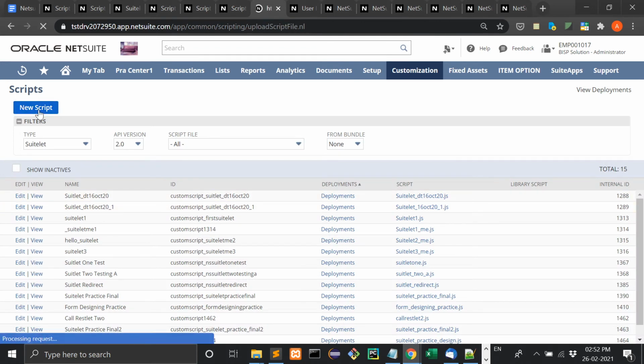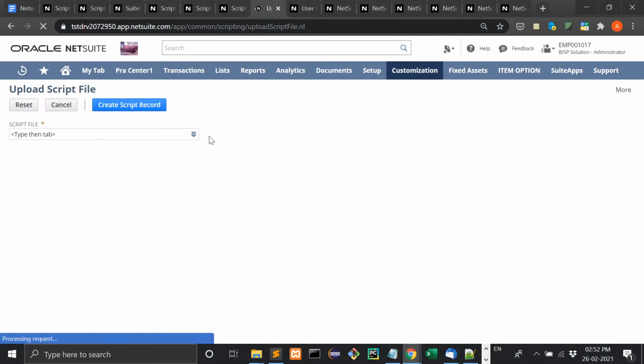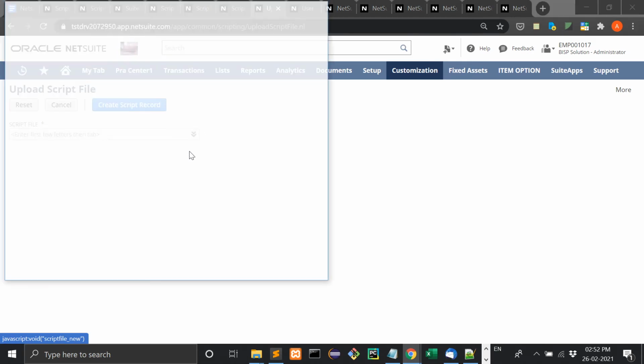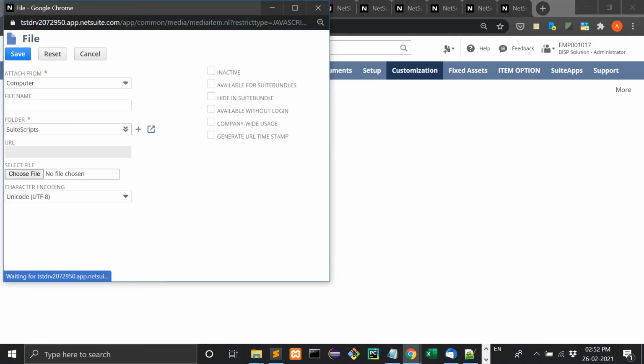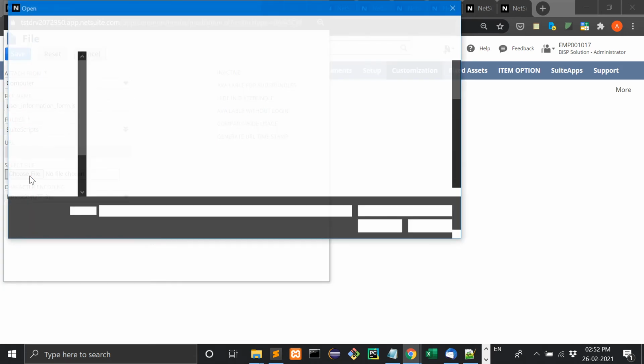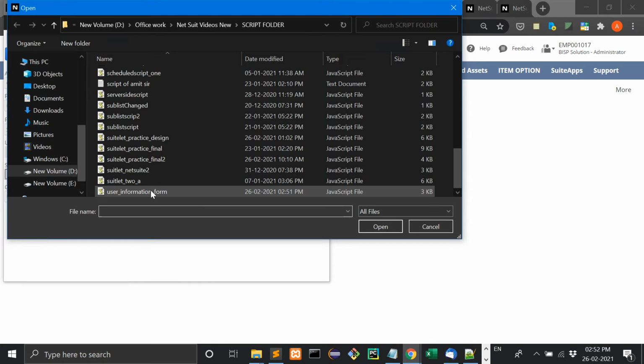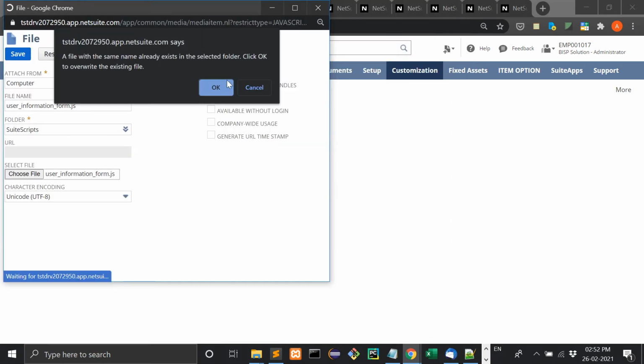This is the procedure of adding a scripting file, user information form.js. Here I will add the script user information form, and then I will save it.